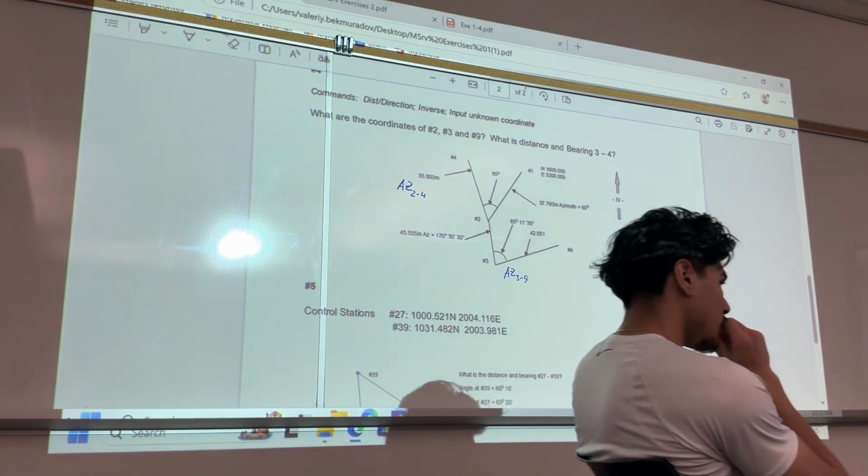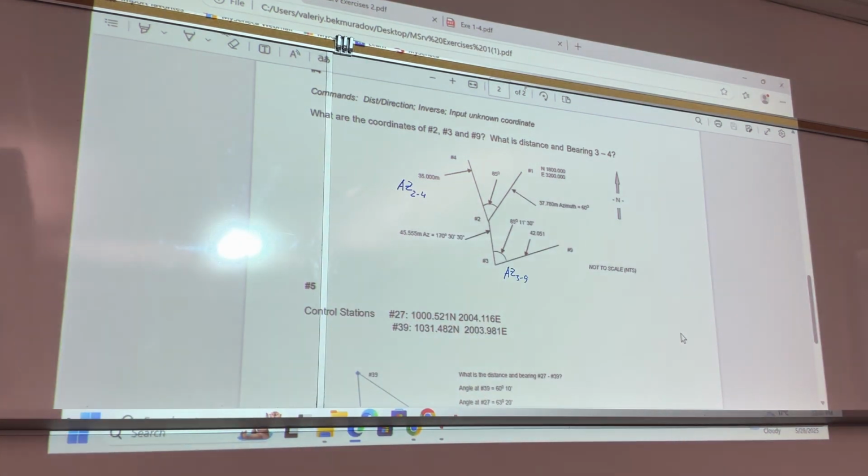Is any volunteer to help me, how to find this, guys? Any volunteer how to find this azimuth? Can you come here? You know already. Come show me how you got 75 42. He's gonna explain how they found